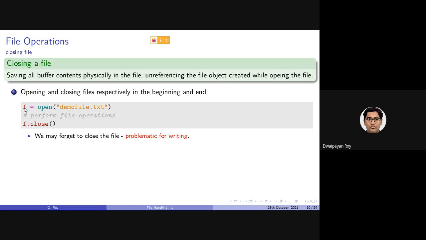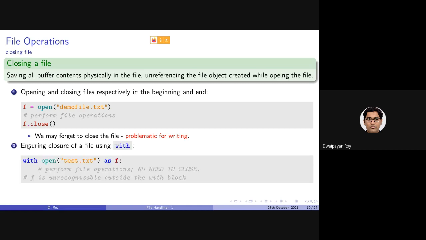So there is actually a better way of opening and closing the file altogether. The way is using a keyword called with. So with open, the name of the file as f. This will be a block, as you can see, there is a colon here. The operations that we want to perform on the file will be specified in this block, and we don't need to call this close function.